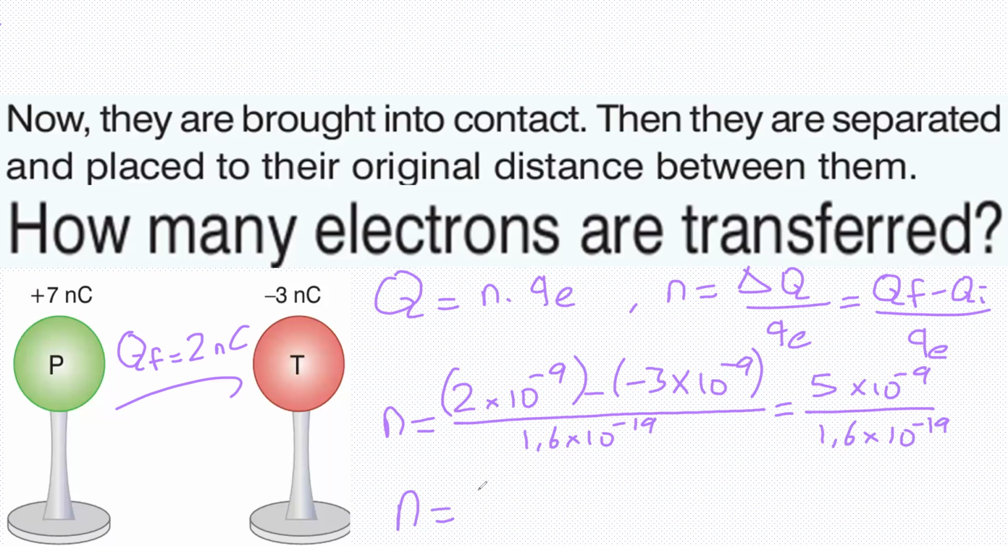3.125, we can make it. What's that? 31.25 times 10 to the power of 10, 11. Okay, we should just recalculate this one. All right, 31.25 times 10 to the power of 9 electrons. If something is wrong, you can recalculate and get the correct answer. All right, so we have done